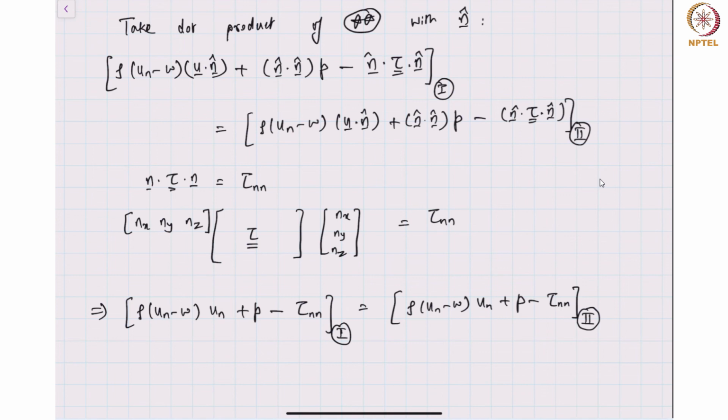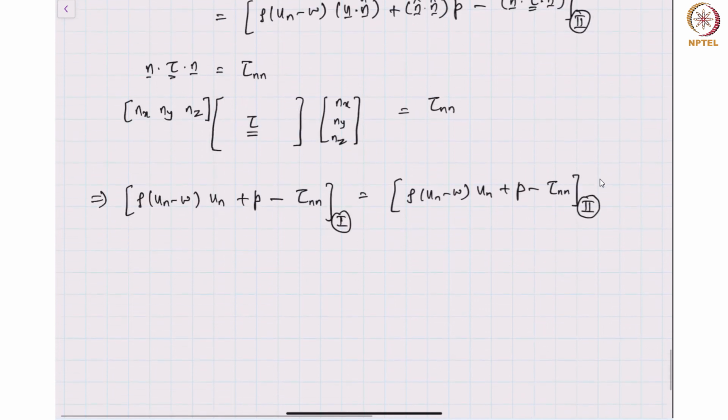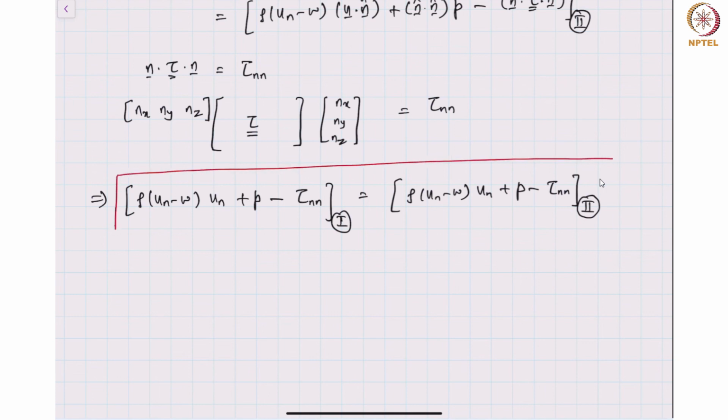So let's look at some special cases. This is the boundary condition that we have. There isn't too much of a simplification that we can do from here, but this is basically the jump condition